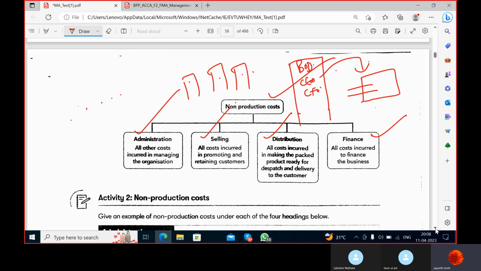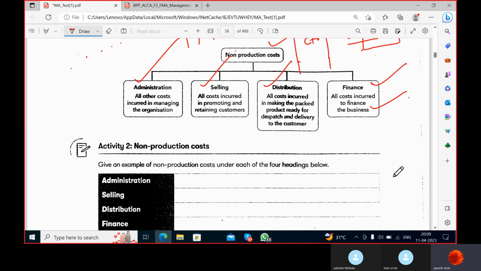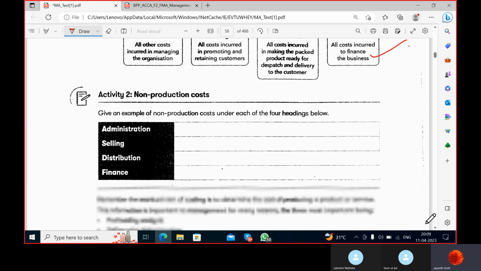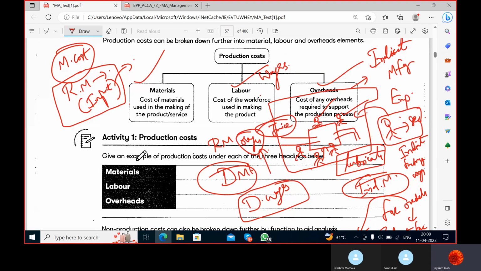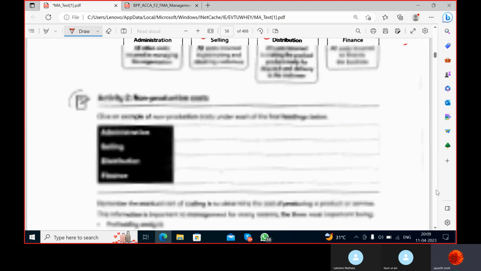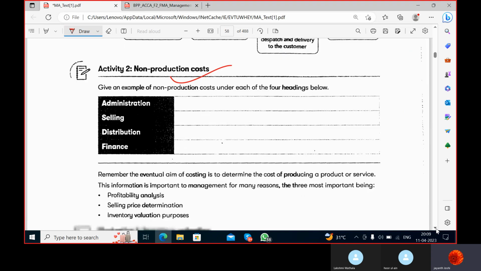If you are a bank, then finance expenses can be a matter of concern, but for non-banking companies or production companies, this is a separate kind of expense. But yes, this is a non-production expense, because banks also give services to people. For them also it's not a production expense, it's a non-production expense always. Okay, so there are two activities which you need to do at home. Activity 1 and activity 2 I'm giving as homework. Why I'm giving these simple things as homework is that you can read and you can do this.